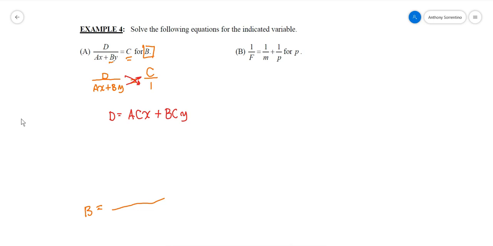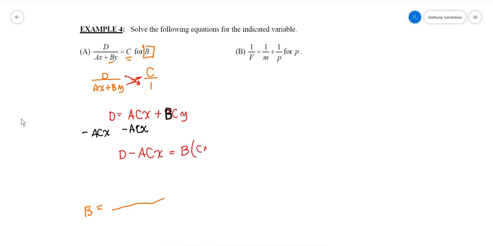I want this b to be the one that's alone. So I got to think, well, I have a cy being multiplied to it, and cy itself is a multiplication, and I have an acx being added to that b. So if I'm following my order of operations in reverse, I get rid of any additions and subtractions first. So I'm going to subtract acx from both sides. And what that's going to leave me with is d minus acx equaling b